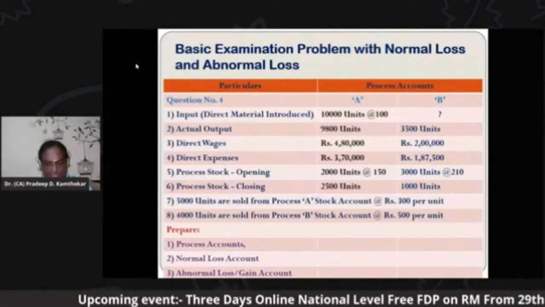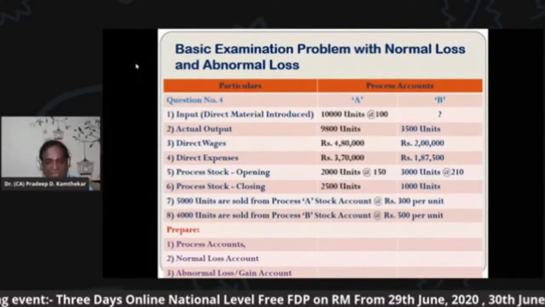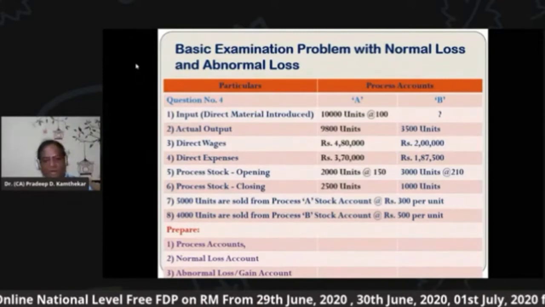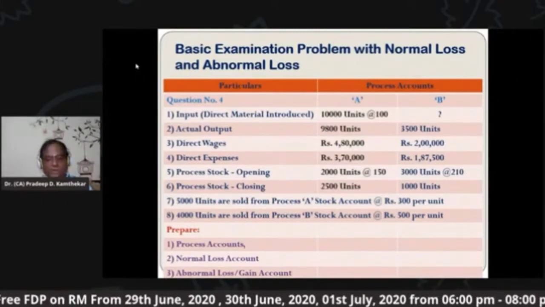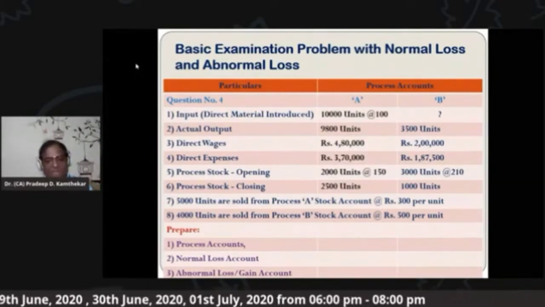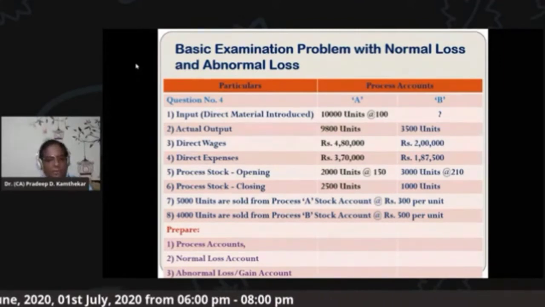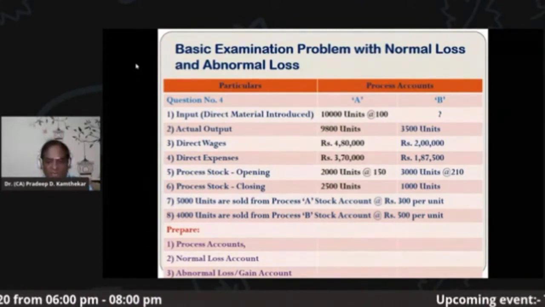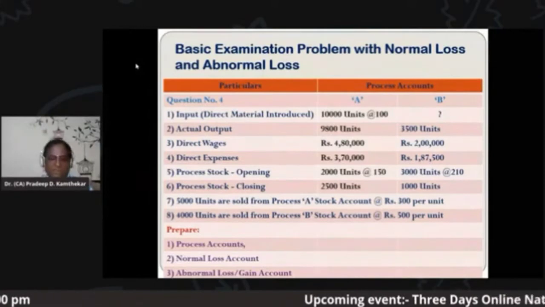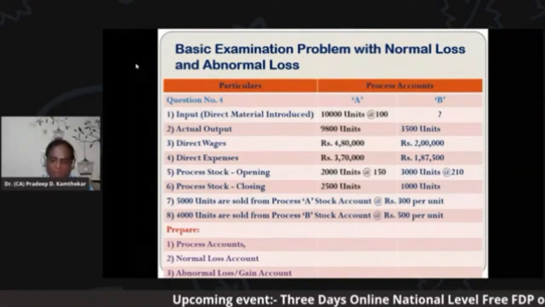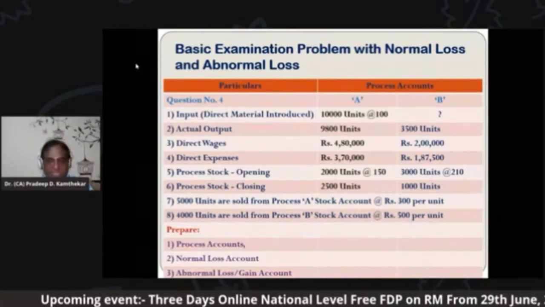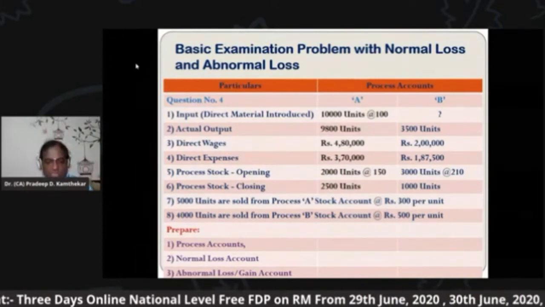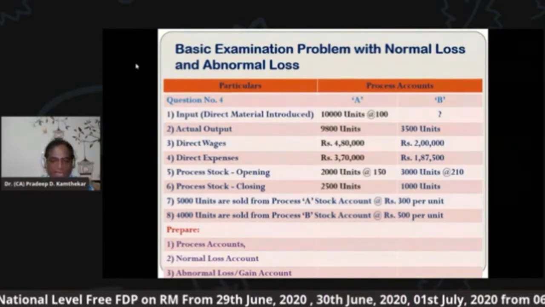The closing stock remains. That is the reason why the closing stock of any process will always be at the cost per unit of that process of the current year. So you will never have the process stock closing rate given. It is the CPU of that process of this year, but the opening stock rate is given. So with this, we prepare the process stock account, where we record the opening stock.